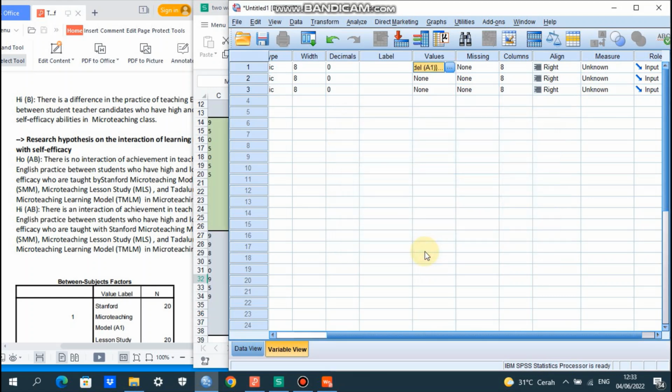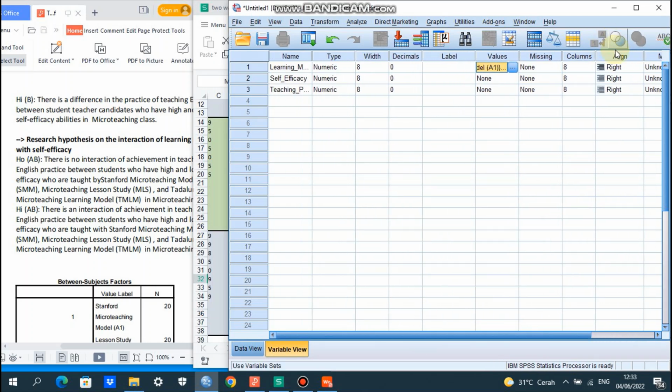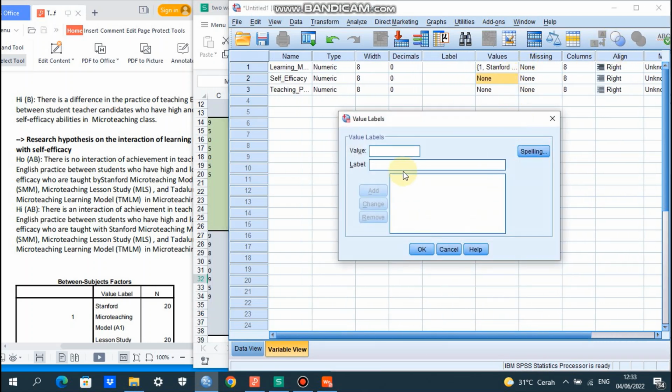Okay. And then for self-efficacy, the values, there are 2 levels. Number 1 is high, or B1, because for self-efficacy the symbol is B, and number 2 is low, or B2.